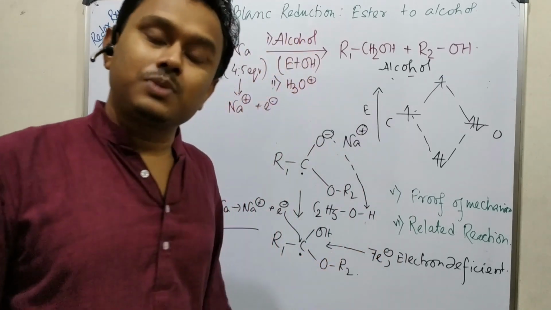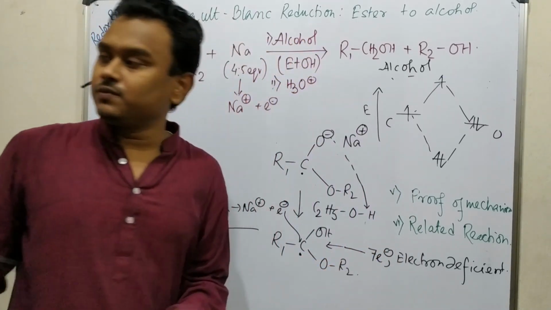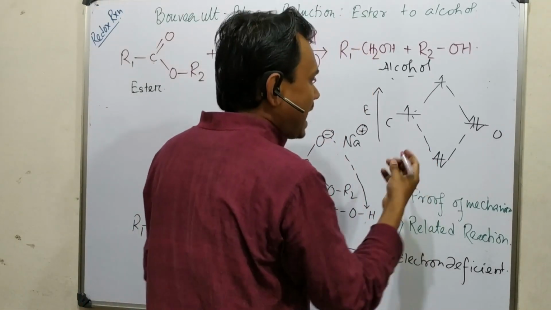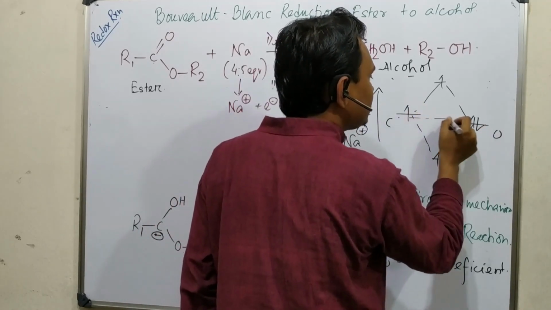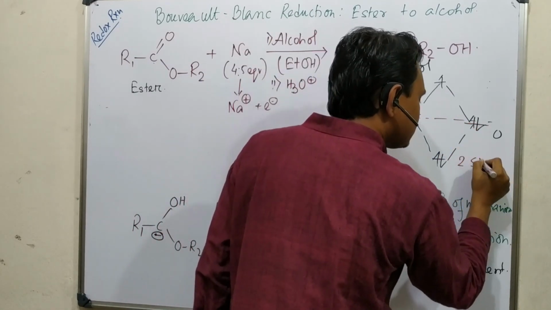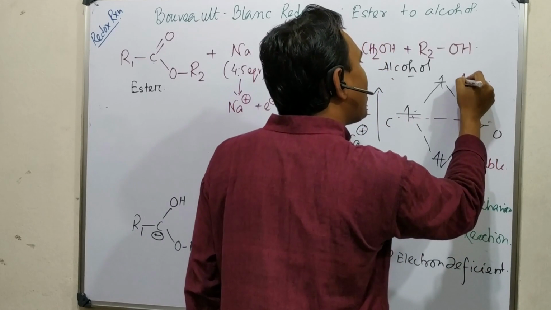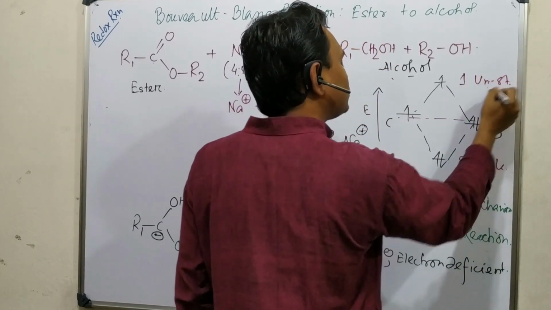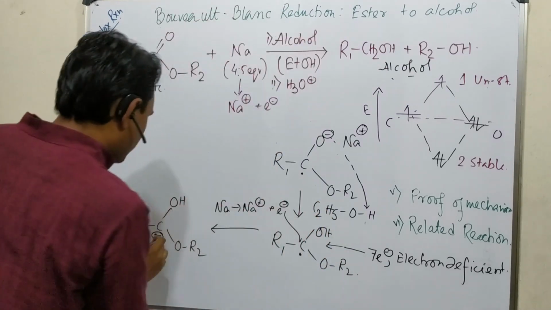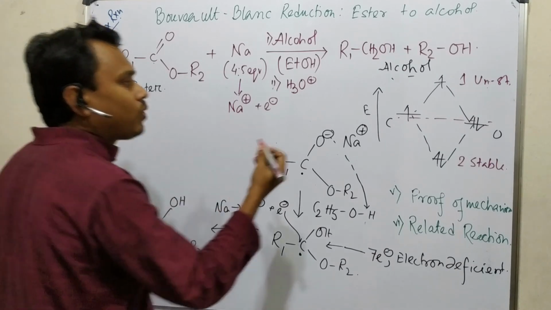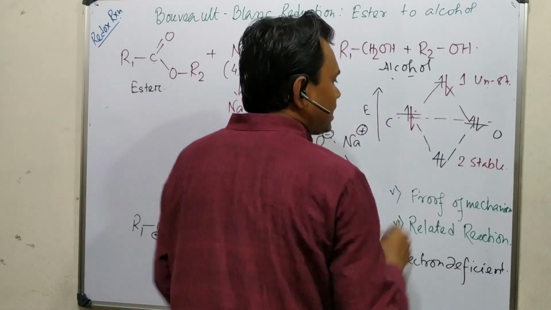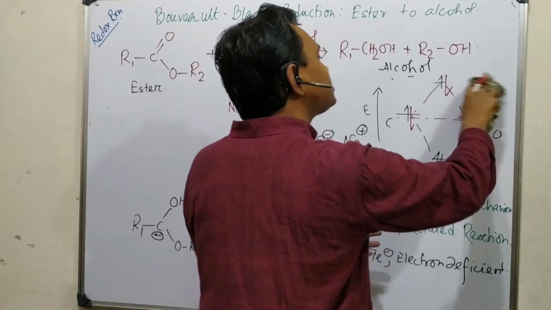Now the question, why will this interaction happen? Actually the driving force of every interaction is stabilization. So what type of stabilization is available here? Actually you can see these were near about the barycenter, means the level of p orbital: 2 stabilized, 2 stable, 1 unstable. So now 1 stable, and that is the way this radical is stabilized. Keep it in mind. But when there is another electron, so what will be the consequence? So here another electron goes to the anti-bonding orbital. So in this case, right now, no stabilization,